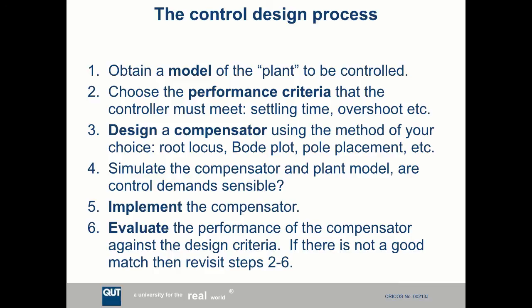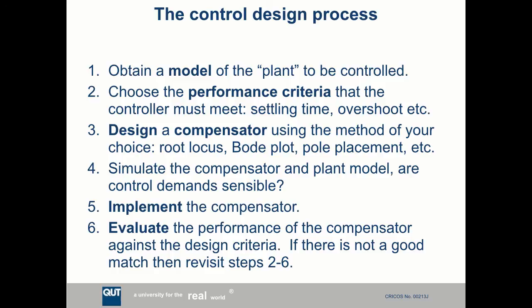Next thing is to say, what does a good control look like? What's your performance criteria? And so you've met all sorts of measures like rise time and overshoot and whatever, damping ratio. So you need to decide what it is that you're wanting to get out of your control system